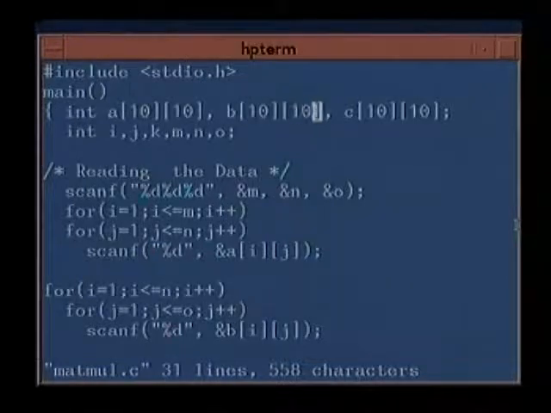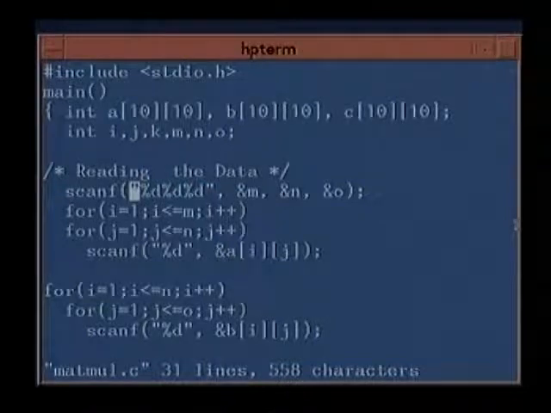B[10][10], C[10][10]. We shall go deeper into why such things are there, to appreciate why the C language has changed the constructs. Instead of writing A[10,10], why have they done it this way? What does it mean? What does all this signify? We shall come back when we have got used to more of C programming. So we have declared some integers.